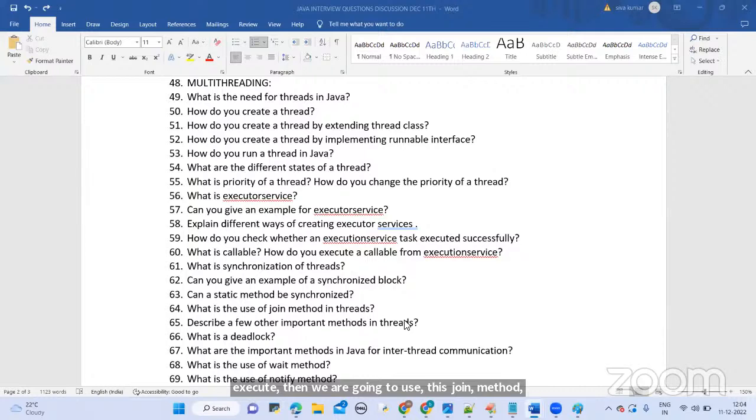Describe a few other important methods in threads that we already discussed. Set name method, get name method, is daemon method, set daemon method to convert a user thread to a daemon thread, is interrupted method, and we have the yield method. Then we have wait and notify, all of which are used for inter-thread communication purposes. Got it? And we have some other methods available, like get priority and set priority methods, and the get ID method